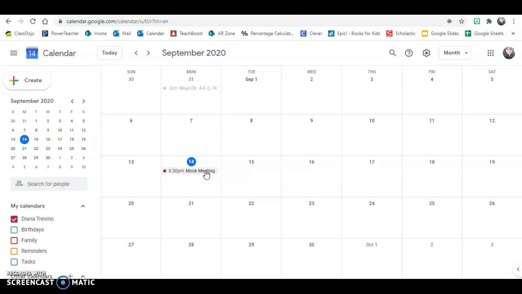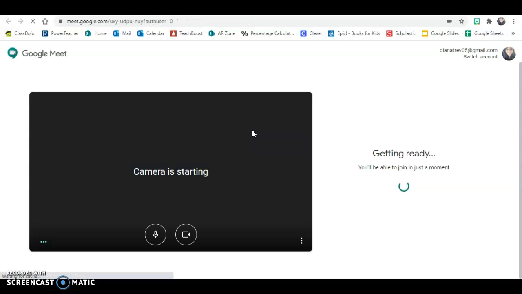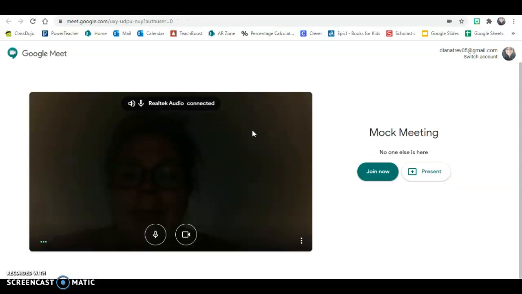When you click on your meeting on your Google Calendar, it will open up the meeting details, giving you the option on the blue button to join with Google Meet. Click on Join with Google Meet. This will take you back to your meeting on the Google Meets page,